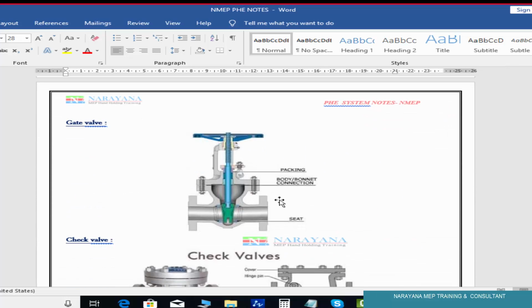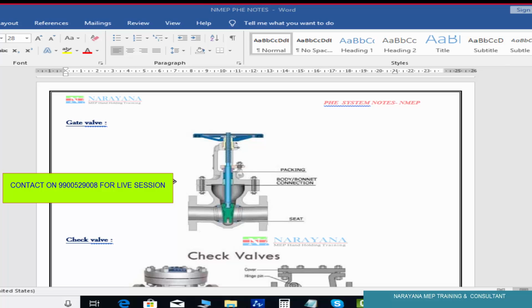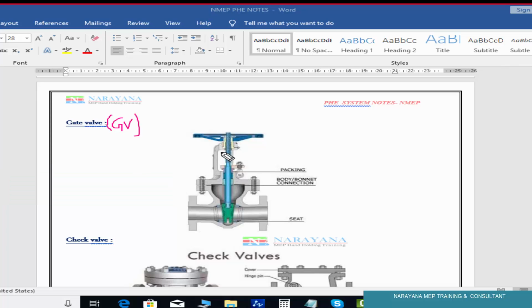Next is the gate valve. This is also a type of valve we use, shortcut GV. What will happen for dia more than 200, 250? We will use this type of gate valve.